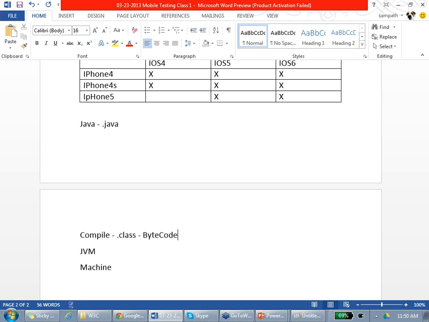Okay? When was JVM designed? JVM was designed in the 1990s. Agree? When Java first came, 1992 or 1991, did they think about mobile phones at that time? No. JVM is meant for where you have huge RAM.